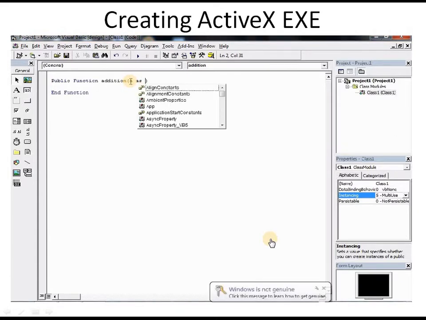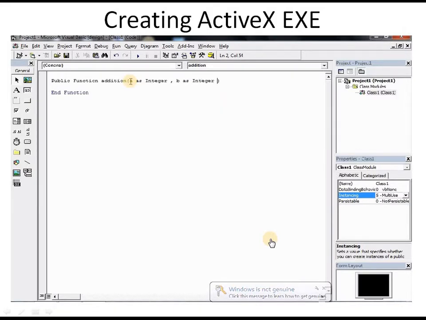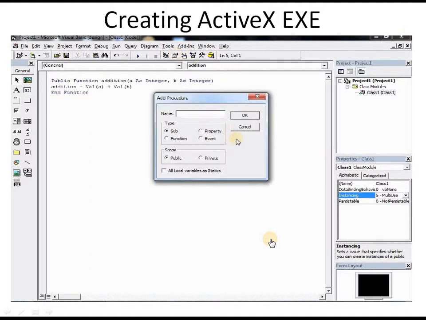Before putting anything here, we supply two variables to the function, a as integer and b as integer, and supply a third variable: addition equals, we use the Val function, Val a plus Val b. A and b are our arguments. Again we click Tools and Add